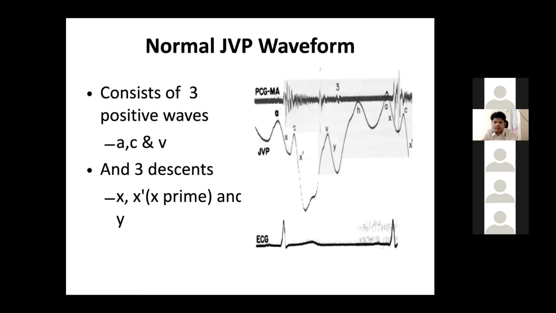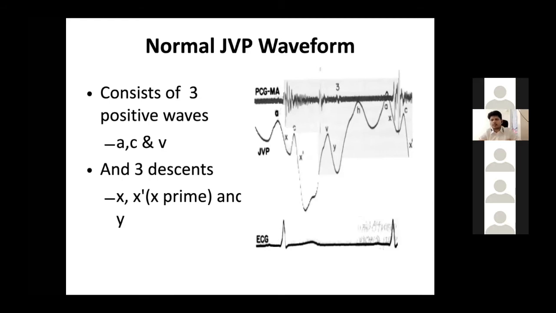That is why in TR, because the tricuspid regurgitation is there, you get a prominent V wave, because not only is the blood coming from the SVC and IVC, it is also coming from the RV into the RA. Following the V wave, when the tricuspid valve opens, you get a prominent Y descent, because all the blood from the RA is now coming to the RV, and that is why it is a diastolic Y descent, a diastolic event. It's also called a diastolic collapse. So all the blood from the RA comes to the RV.